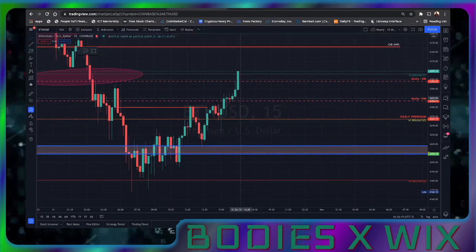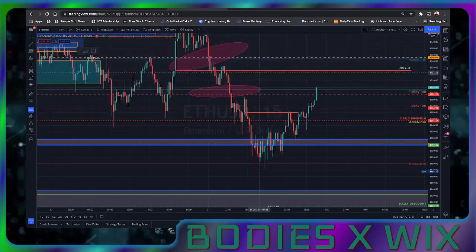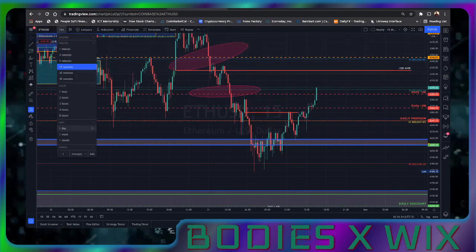And right now we are into the daily order blocks. And I've also marked out the 4 hour order block. Now, what I'm interested to see is when I go back to the daily,